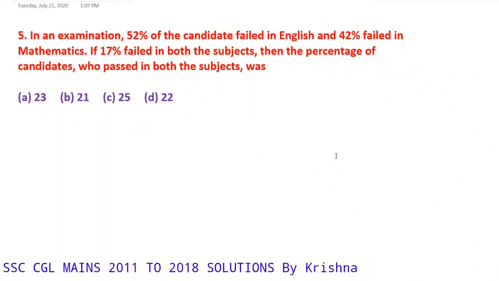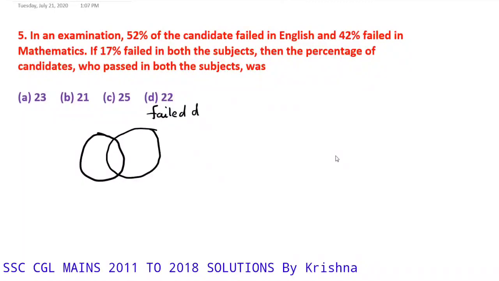In an examination, 52% of candidates failed in English exam, and 42% failed in mathematics. If 17% failed in both the subjects, then the percentage of candidates who passed in both subjects was. So here we'll solve this sum by using Venn diagrams. So here the common area, so we'll write here failed students data. So 17% failed in both the subjects, so common part is 17,